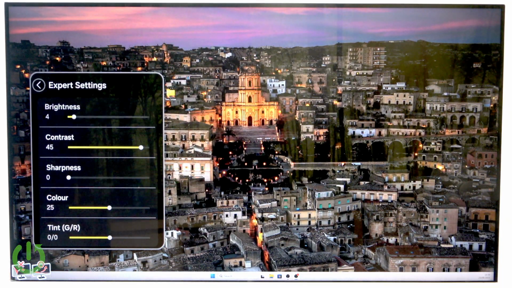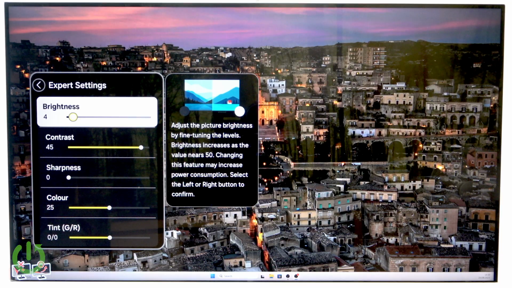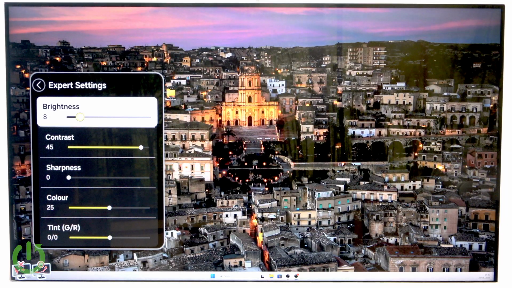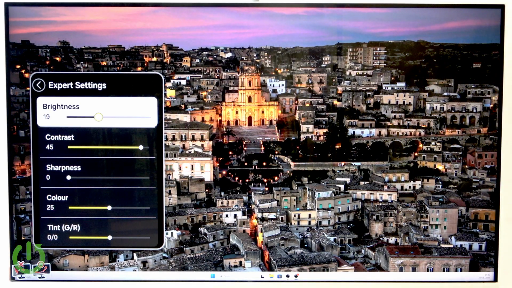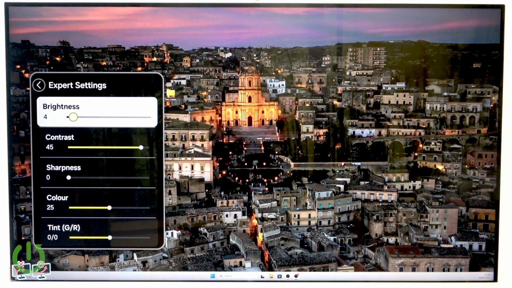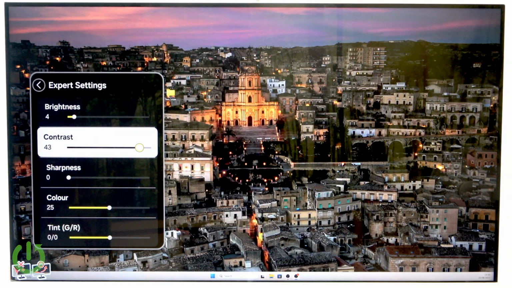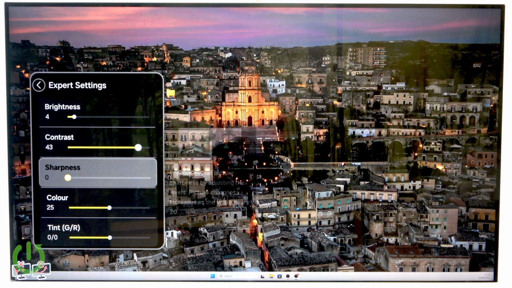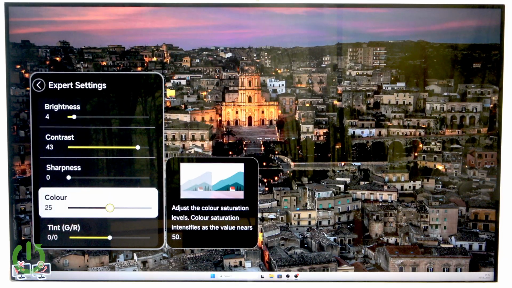Here apart from that we have the expert settings, and here we don't really have the advanced settings, but yeah. Here we can change the brightness level of our monitor. We can increase it and decrease it. Here we do have contrast level, and with the left and right we can increase and decrease it. Sharpness, color,